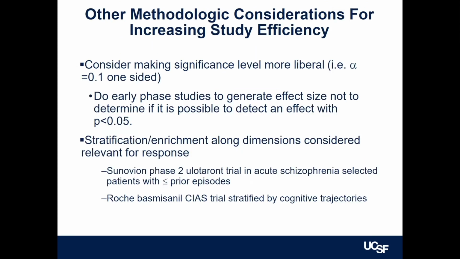And just one last point before I stop. There's some really simple methodologic things you can do. One is we're wedded to the p less than 0.05 thing, but the logic of that is actually pretty weak. It's not crazy to say, look, I'm going to do a study and I'm going to power it at p less than 0.10. That's a 10% chance versus a 5% chance. It's still very low. And it's all about, let's say if you're doing something for FDA approval, you go to them and you get agreement or you don't. Or for an early phase study that isn't going to FDA, you can do this, right? It's up to you. You're the one who has to judge whether or not that will meet your needs.